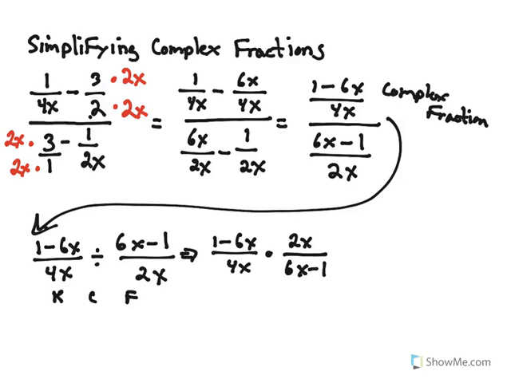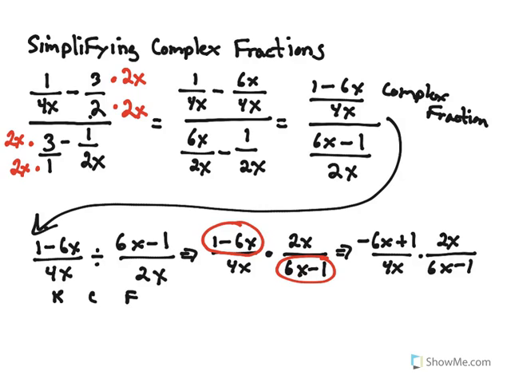But before I do that, I want to bring your attention to this, right here, this and this. Notice they're very similar, but one is written backwards. And traditionally, we normally write a term with the variable first, followed by the constant. That's generally the order of polynomials. You go from highest exponent to least exponent, followed by a constant if there are any. So we're going to rewrite this upper left-hand numerator this way. We're going to write it as minus 6x plus 1 over 4x times 2x